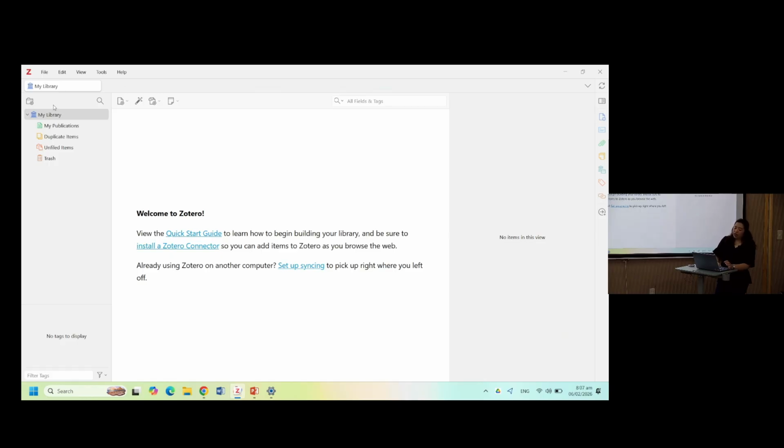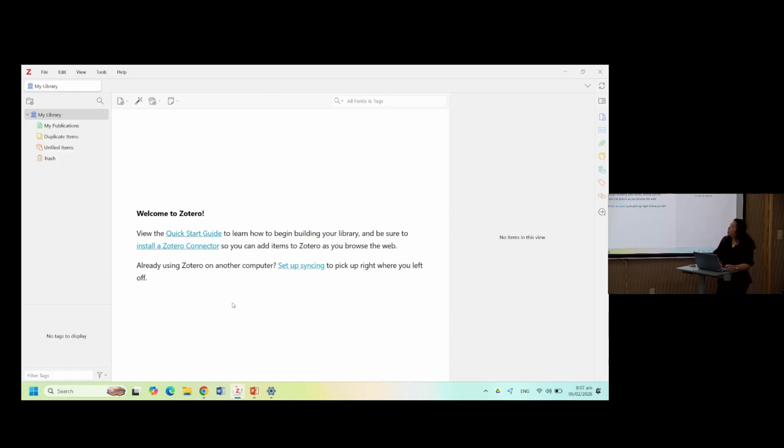On the left side, this is where you can see different buttons like your publications, duplicate items, which are basically duplicate items that you accidentally stored in Zotero, unfiled items, so if you haven't tagged them or haven't included them in a specific folder, and trash. In trash, if you delete something, you have 60 days to change your mind. After that, it will be automatically deleted.